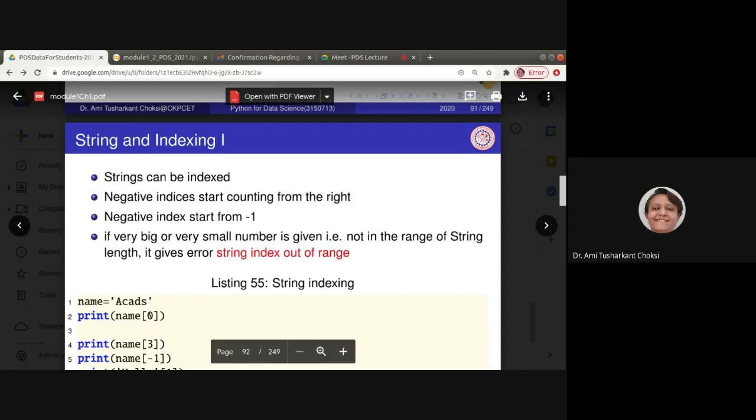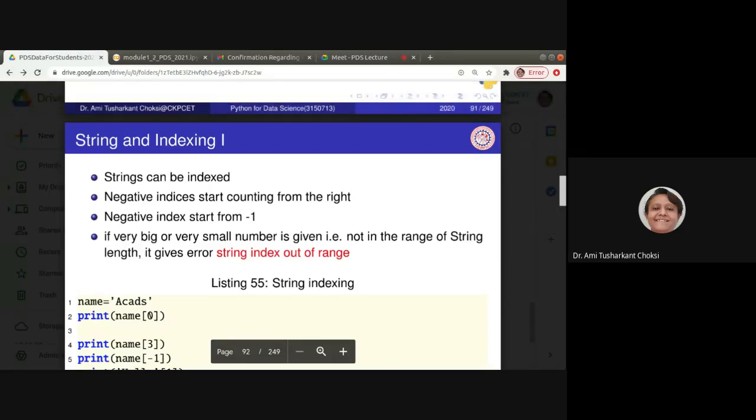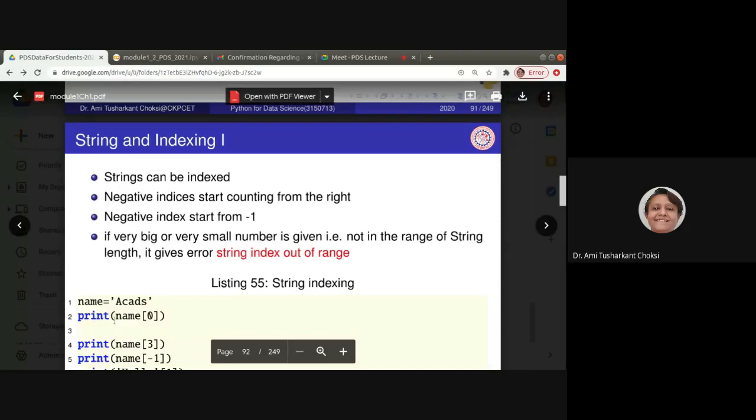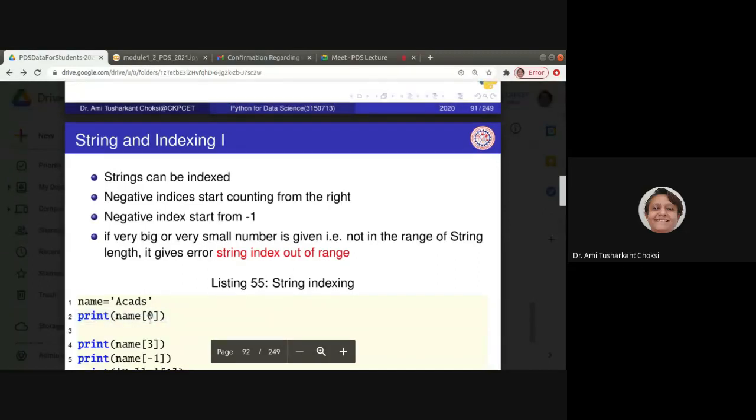So how do we do that? For that, let us have one simple string. Let us say name is equal to Akets, print name of 0. See, like the array in other languages, here a list or a string can be accessed, with the first element as name of 0.